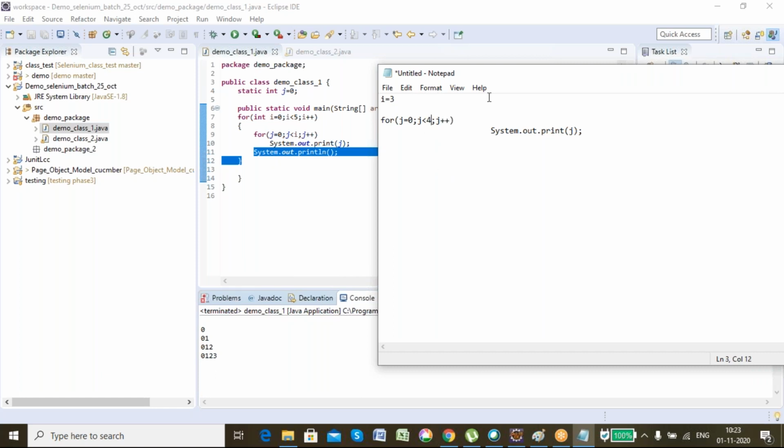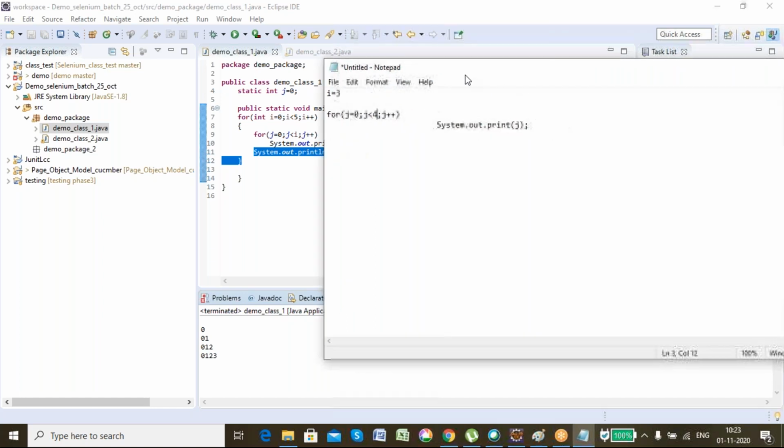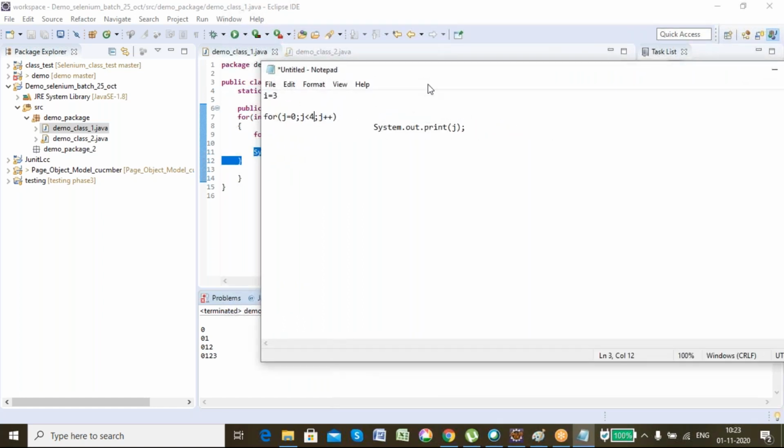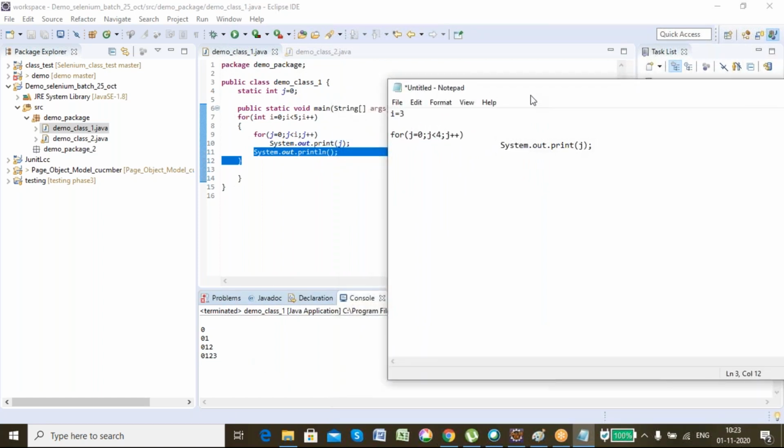Got how it got printed? Yes, J part I got it. I have a query on that I loop, Prateek. After checking whether I is less than 5 or not, it directly enters the block of the for loop, right? And it starts the for J loop, and then prints the value. So when it comes to the break, it comes out and then it goes to the next line and increments the I value.